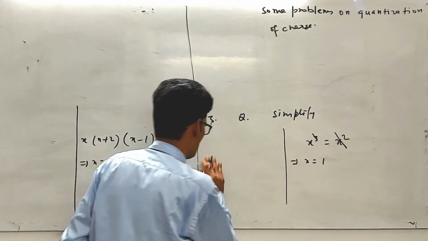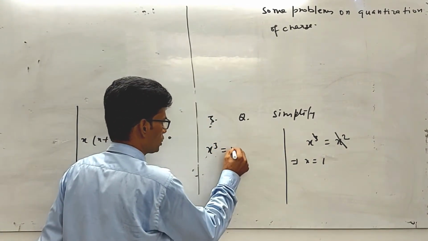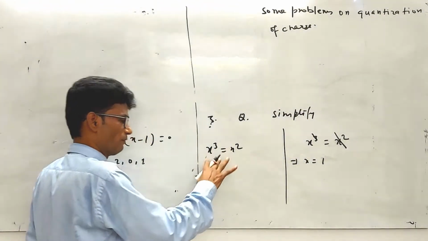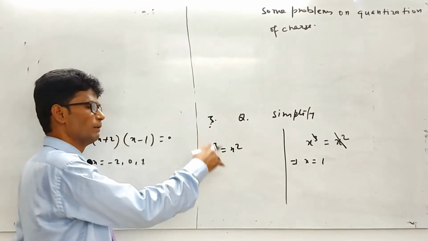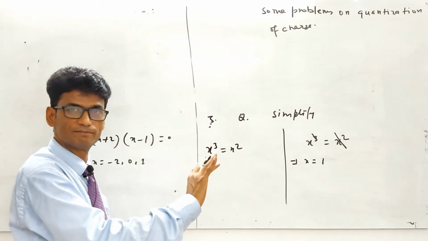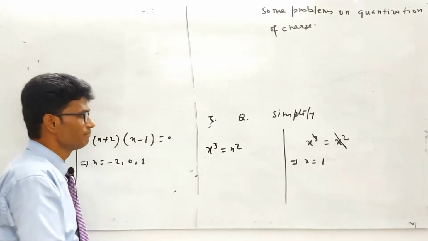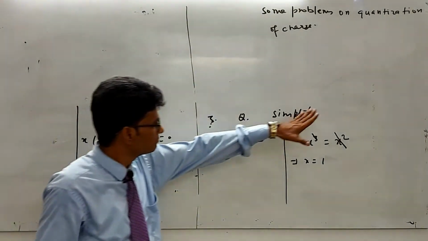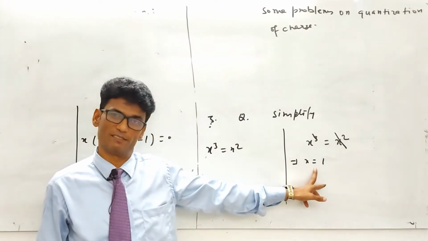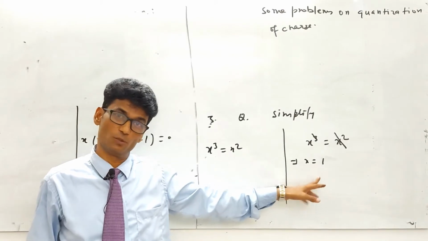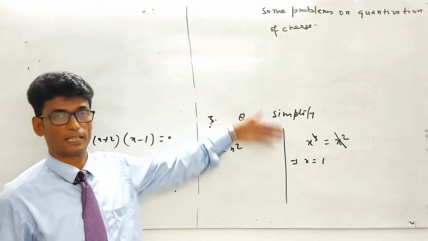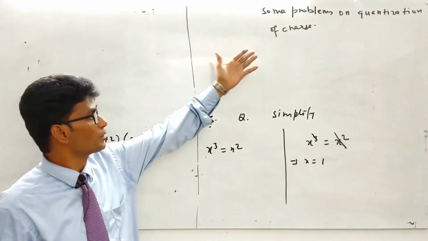So what is my question? My question is x cube is equal to x square, and this is not a question of solution. The question is simplification. We have to simplify it. This is already fully simplified. We cannot do further simplification for this one. That's the final answer. That's the logic. If the question is written as simplify when x is not equal to 0, then okay, this is the final simplification. So take care of these things once you are simplifying or doing some calculation regarding the mole concept, in fact, quantity.